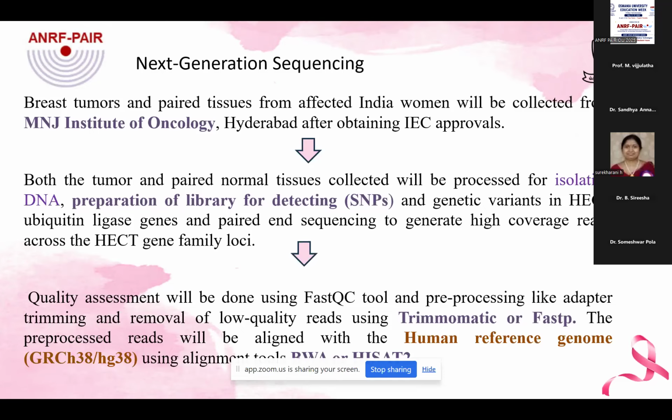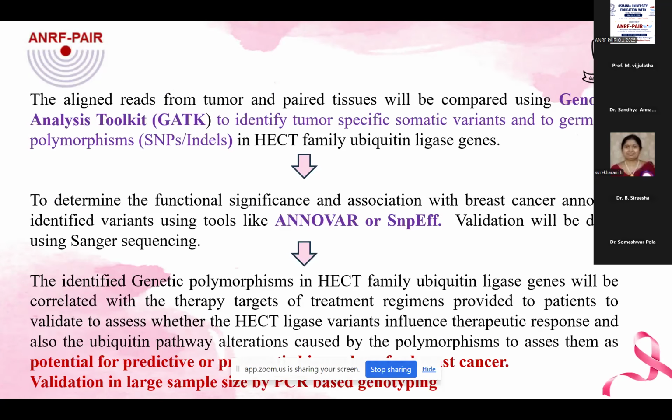And then further, the quality assessment will be done using the FastQC tool, and pre-processing like adapter trimming and removal of low quality reads using Trimmomatic or fastp will be used. And the processed reads will be aligned with the human reference genome. And the aligned reads from the tumor and the paired tissues will be compared using the Genome Analysis Toolkit